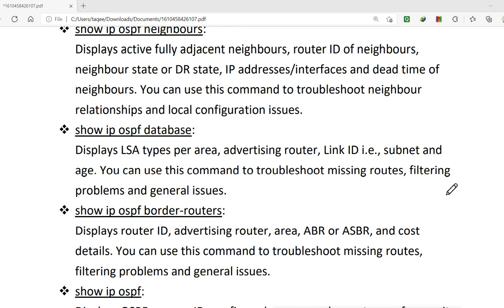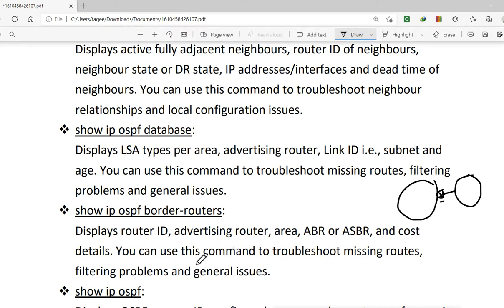Areas will remain in the same autonomous system, but when you have a different autonomous system and your router is connecting to a different autonomous system number, then that router is called an ASBR. And cost detail also, and you can use this command to troubleshoot missing routes and filtering problems and general issues.